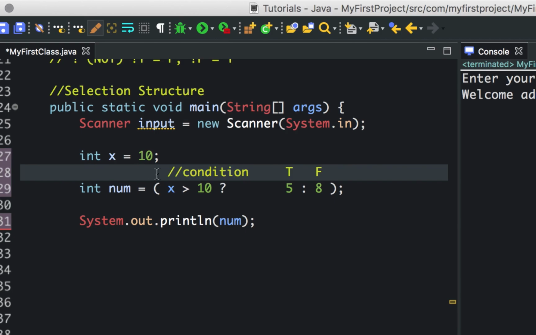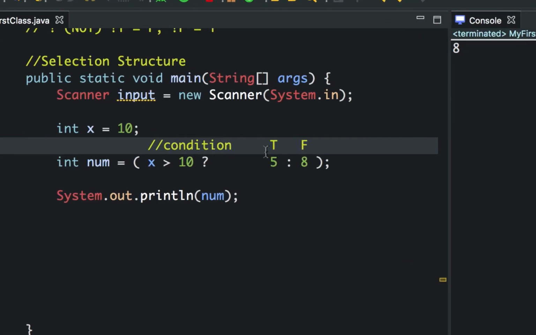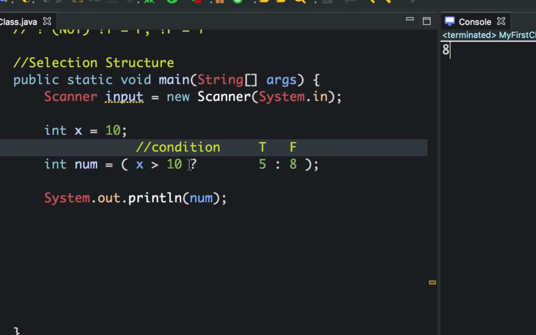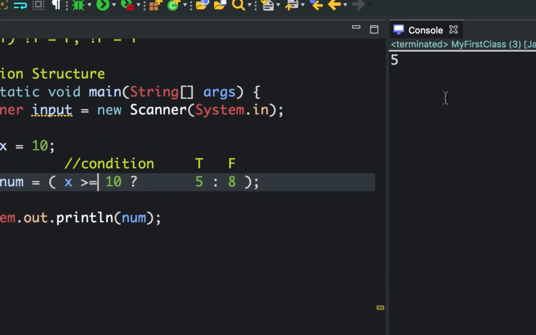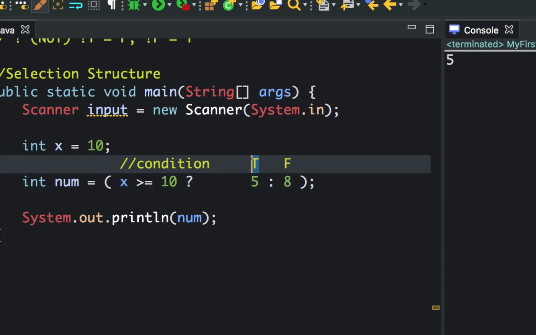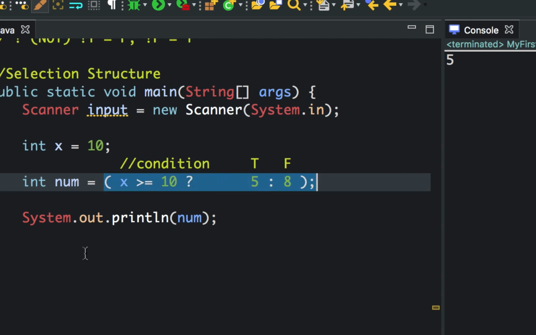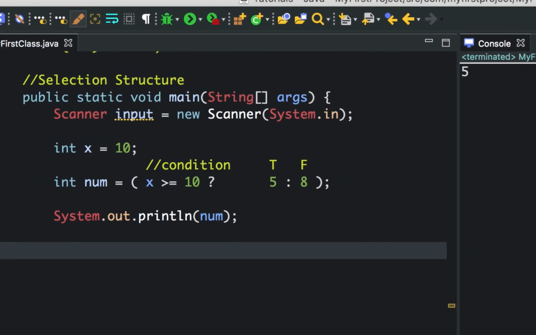Let's check. It's 8 because x is not greater than 10, it is equal to 10. If we use greater than or equal to, the result of num will be 5 because it is true. You can not only use this tertiary operator with numbers. You can use this also in other types, like for example string. So string message is equal to